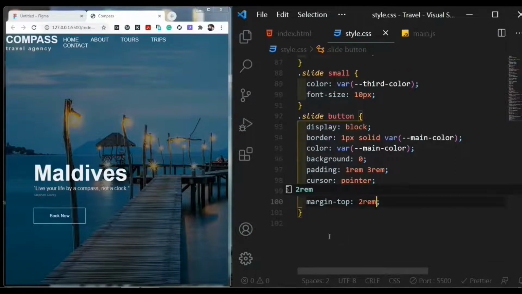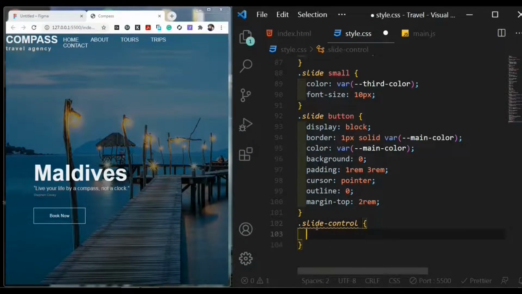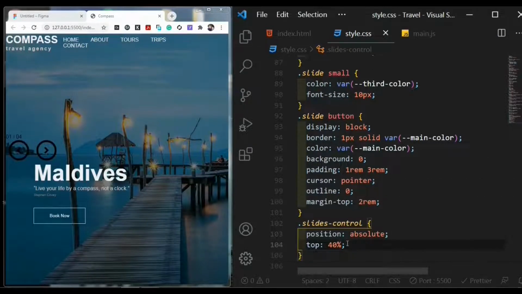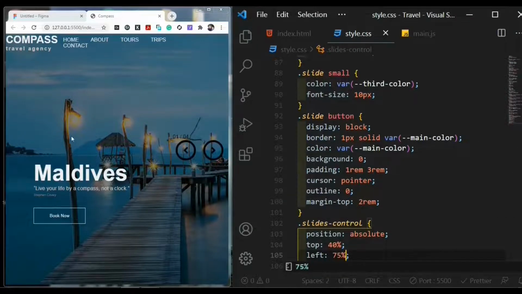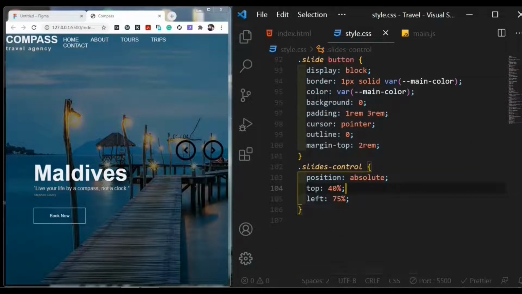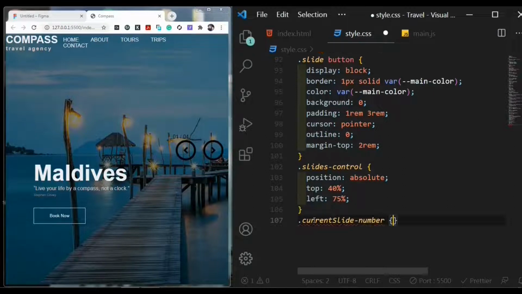And here we are. Slide control, position absolute, because we need it on all slides. It is not in the same line with our text, because we will transform our text to its original place with animation later. And current slide number,